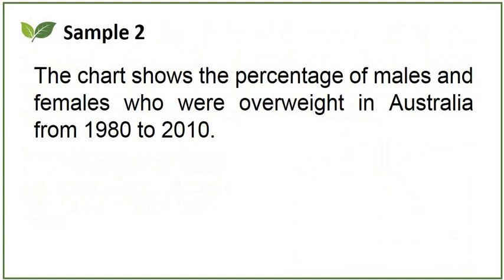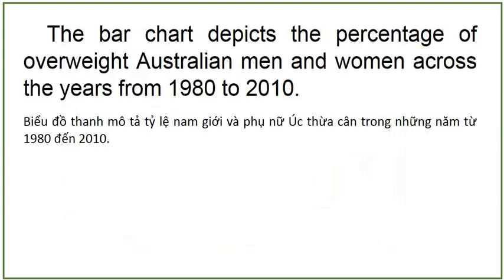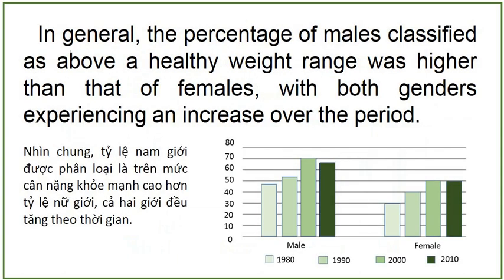The chart shows the percentage of males and females who were overweight in Australia from 1980 to 2010. The bar chart depicts the percentage of overweight Australian men and women across the years 1980 to 2010. In general, the percentage of males classified